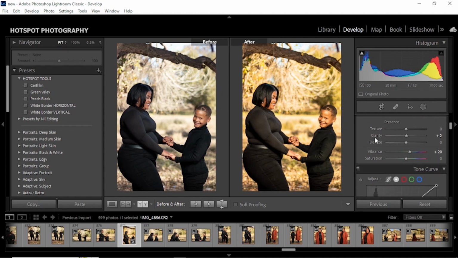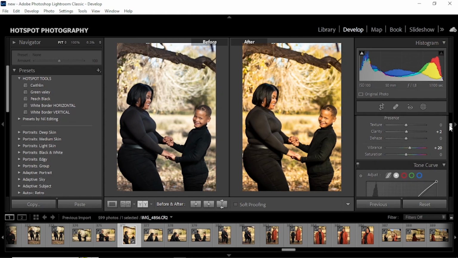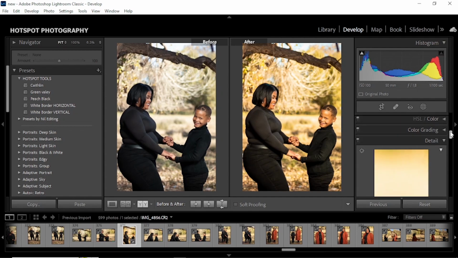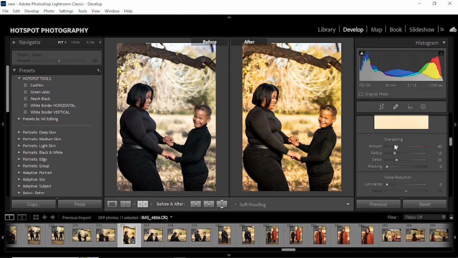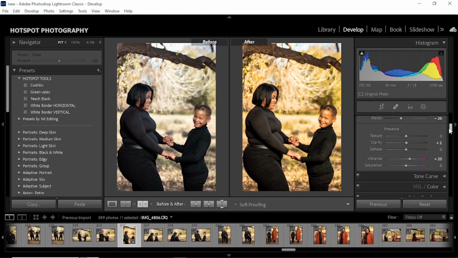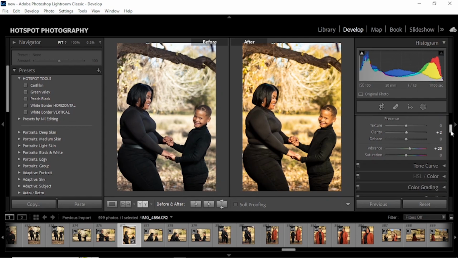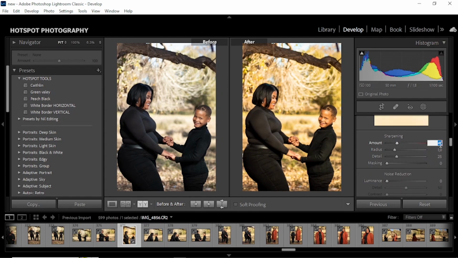And the clarity slider here, the reason I'm using that clarity slider has to do with my details tab. The clarity adds a bit of sharpness, but you can't add too much clarity. Let me go back there and show you what the clarity really does when you pull it too much. So normally I would leave it at 2, and then I'm going to my sharpness here. For sharpness, I'm going to go to +60,